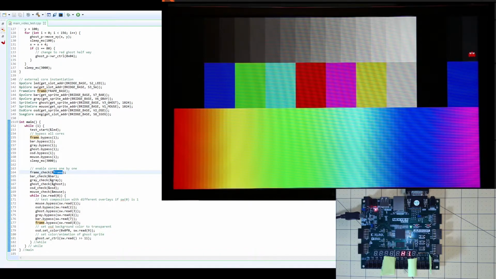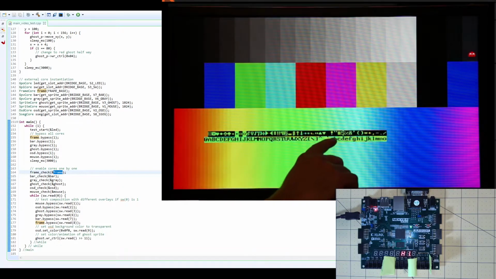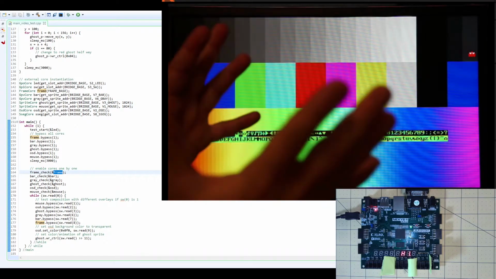Next, after the ghost check, we have an OSD, which is the on-screen display. It just displays a bunch of letters on the screen and stays there for about 3 seconds. Next, we have a mouse check. What we'll see is a mouse pointer just moving. I'm not moving anything here with my fingers. It's doing that automatically, but you should be able to do that too